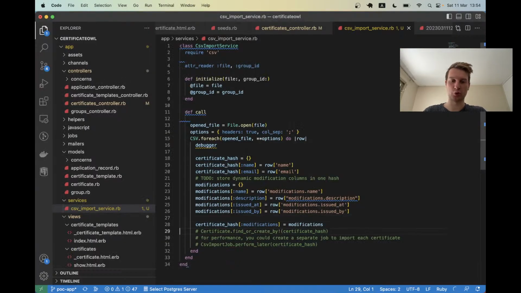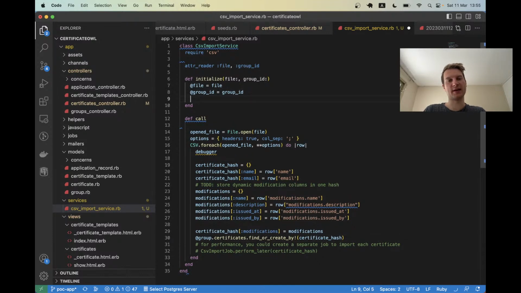And we want to create certificates from the certificate hash. But we would also need to associate the group. So we will say add group.certificates.find_or_create_by. This might actually work, but we would need to have the group as an object, not just as an ID. So let's say